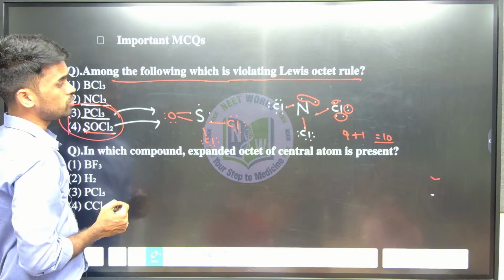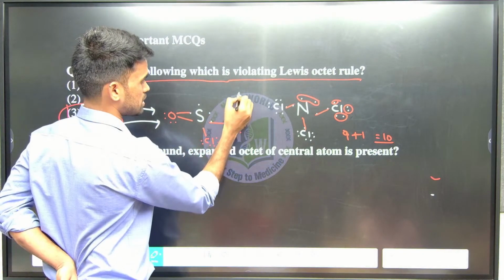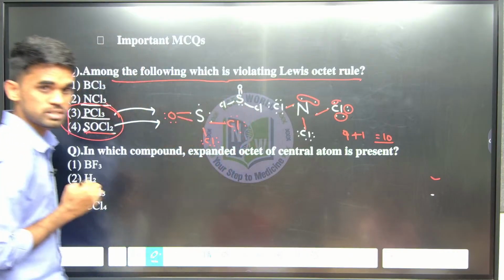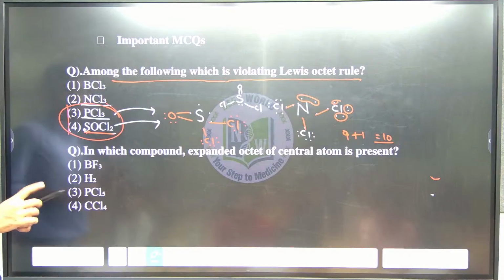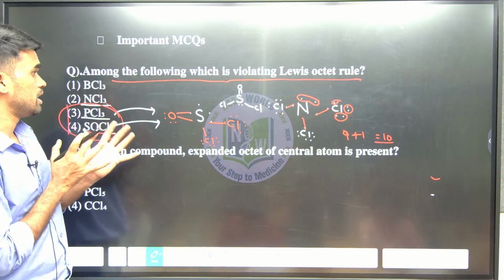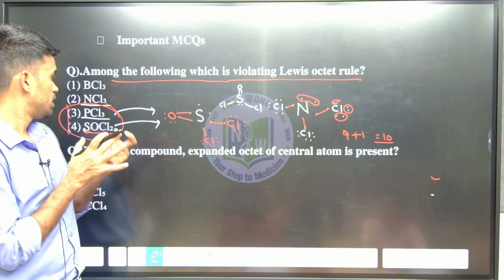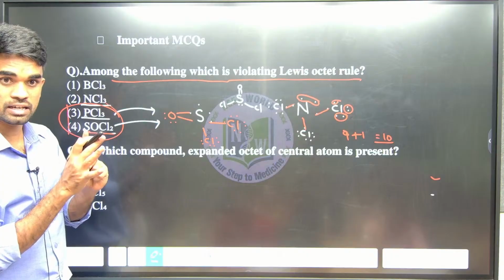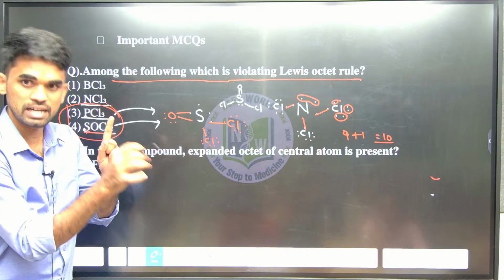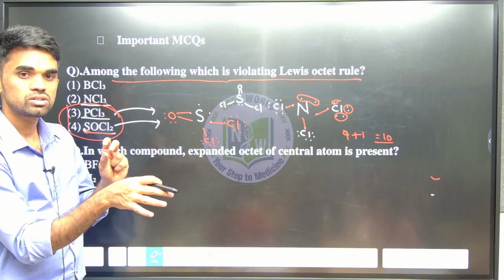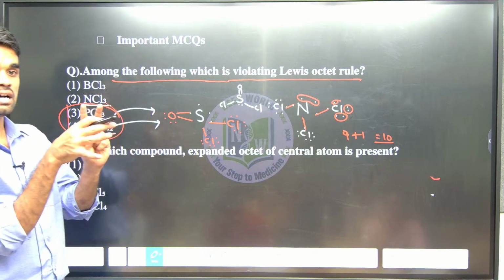Okay, so now if you properly write the structure, it will be something like this. For understanding purpose I am writing like this. Now you can tell me how many lone pair electrons are on the central atom of SOCl2? 1. This is the answer when I mention it as the central atom. Or if I ask about the oxygen atom, it means 2 lone pairs. If I ask in the compound, it means